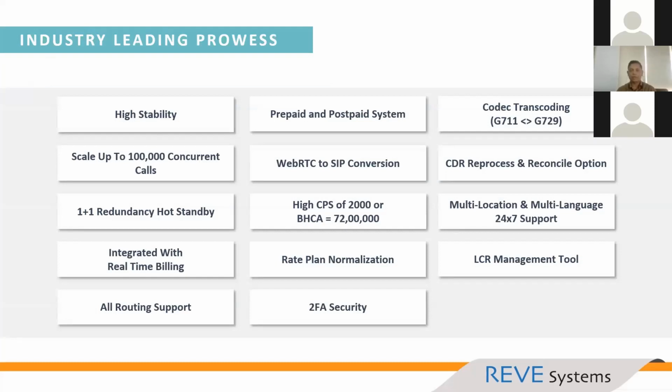So for making this industry more powerful, in our Reeve SBC, we have high scalability, we have the prepaid and postpaid model, we have the codec transcoding, as we talked about in the media transcoding section, which increases the capability of your network. We have the serial reprocessor, we have the reconciliation system, and also we have high CPS capacity. Also, we can ignore the malicious packets from the network which make the server overloaded. So we have high CPS capability with robustness.